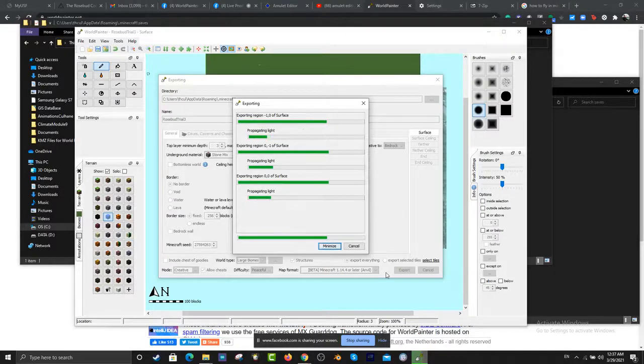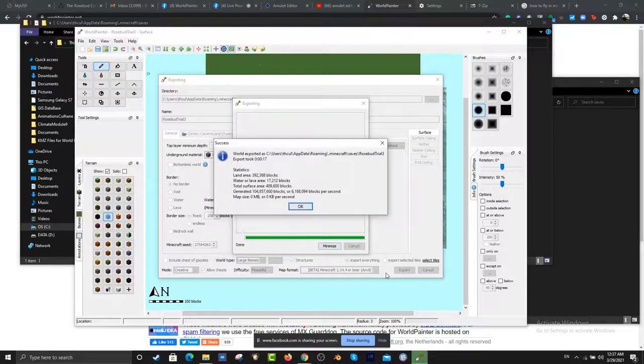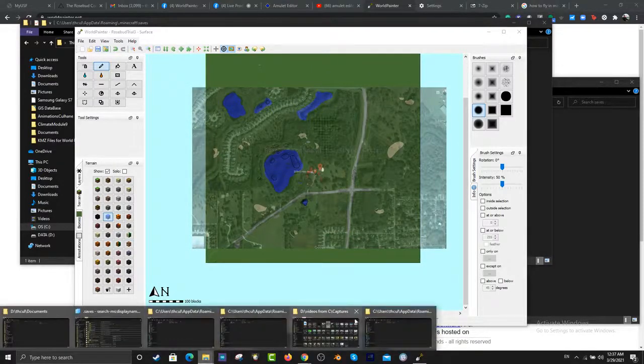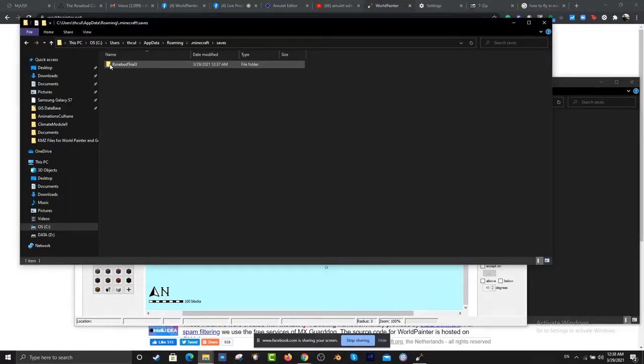It builds and it builds and it builds. And what it's doing is creating a folder. And there it is: Rosebud Trial 3. It took 17 seconds. It tells you the statistics of how many blocks it has and the map size generated. And you say, okay, now if you look in your folder, that AppData Roaming folder, Rosebud Trial 3 is there